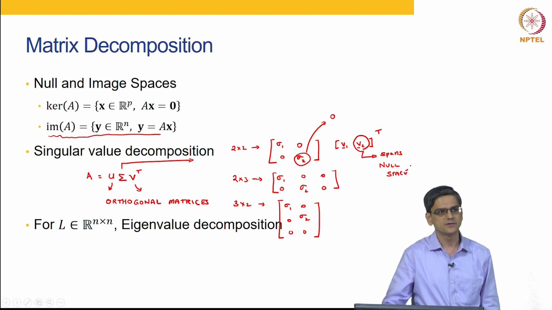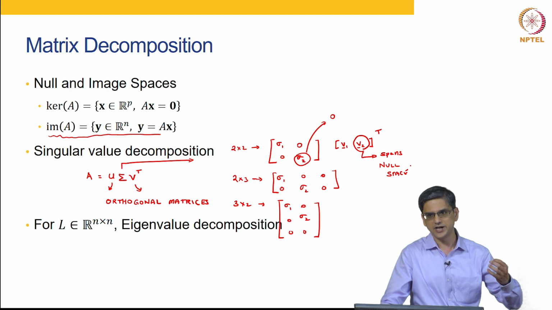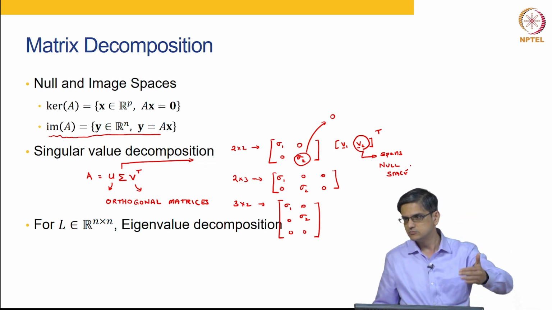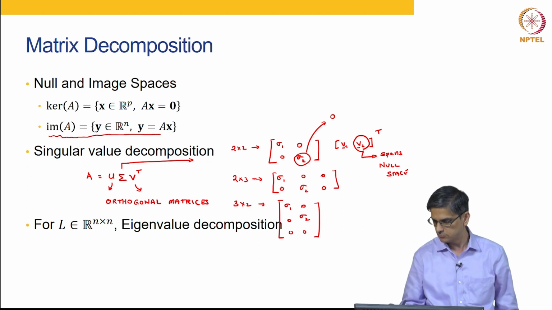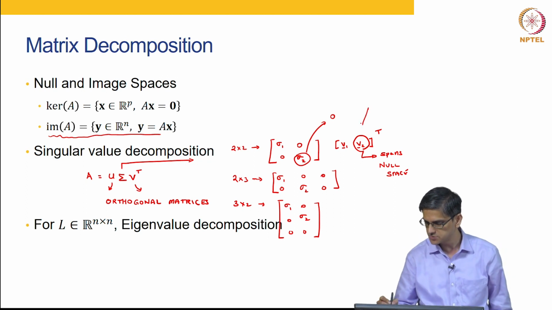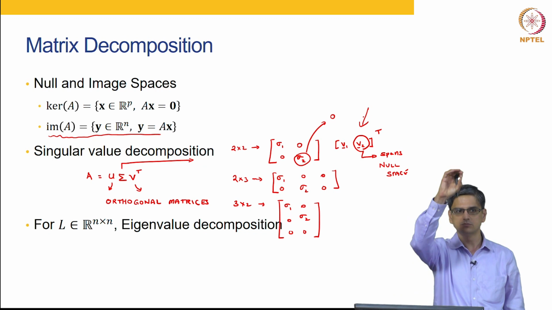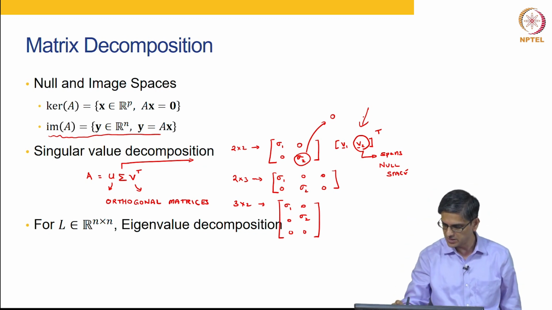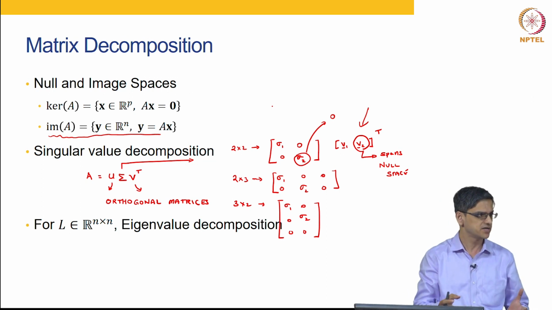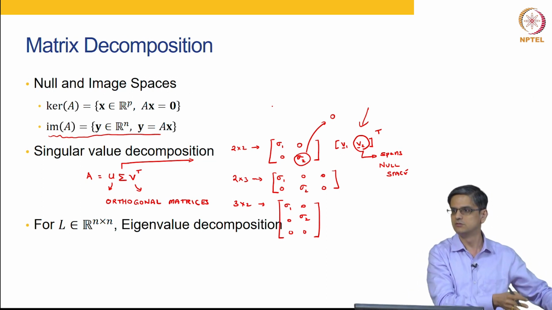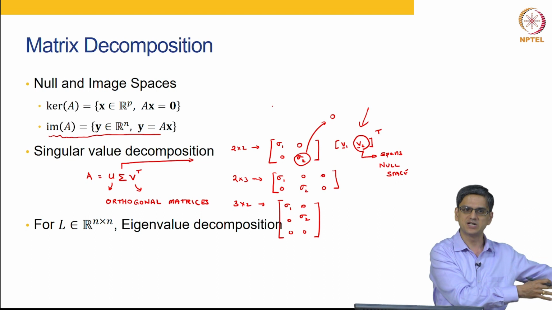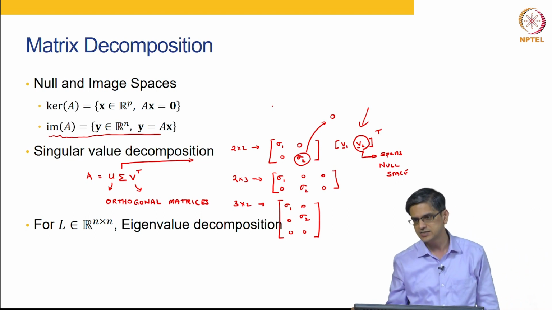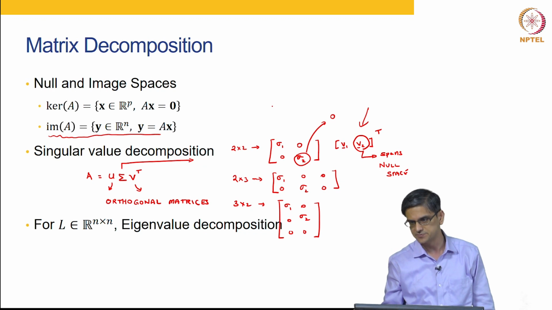What that means is, if you take any point along V2 bar, then when you multiply it with this particular guy, it will become 0 alpha. 0 and alpha when multiplied by your sigma matrix will become 0. Once it is 0, when it is multiplied by U matrix, it will remain 0. So, V2 bar is going to define your null space.